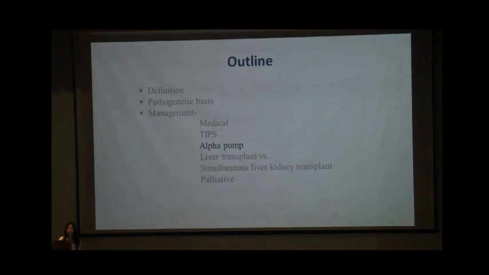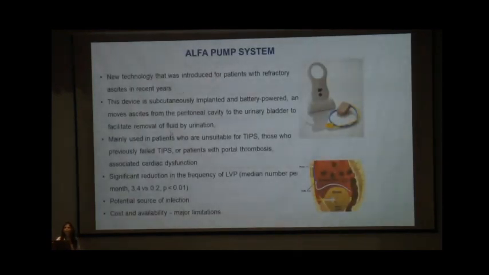TIPS. Now coming to the alpha pump, we know that alpha pump is not available in our country, but very extensively used in Europe and US. And this is a subcutaneously implanted and a battery-powered device which moves the ascites from the peritoneal cavity automatically to the urinary bladder, and it facilitates removal of fluid by urination. So this alpha pump is again used for patients where the patient is unsuitable for TIPS, where the patient is not a candidate for TIPS because of portal vein thrombosis, or there is associated cardiac disease, or previously has failed TIPS, where you can use this, because this